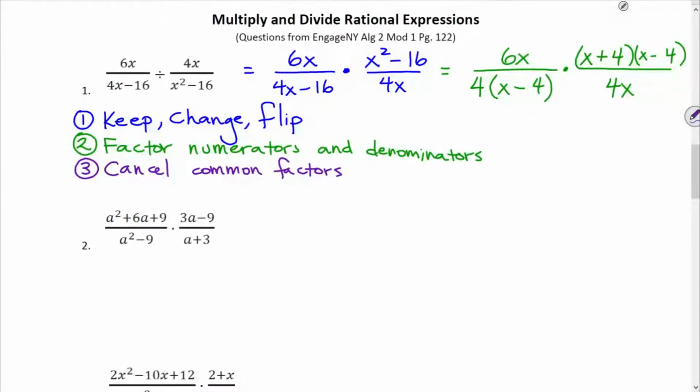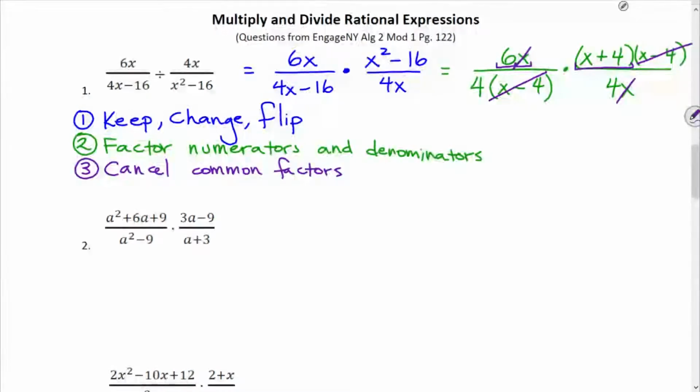Okay, and this is the cross-canceling piece that we saw before. So x minus 4 cancel. Okay, now I want to be very clear about what I'm doing next. What's left in the numerator is a 6 times x plus 4. So I see 3 factors in the numerator, and I will cancel off entire factors. I'm going to cancel off this x and this x, which is fine because that x by itself is